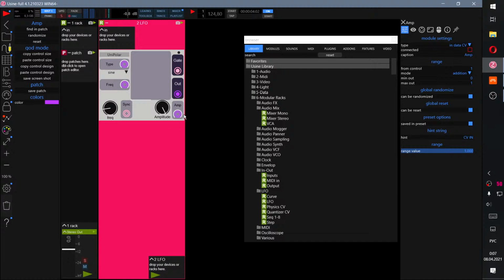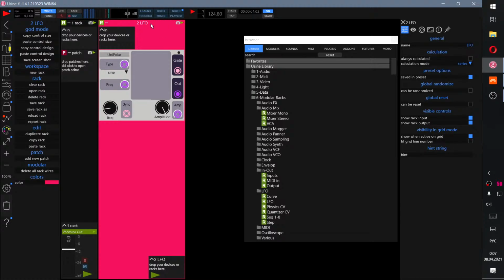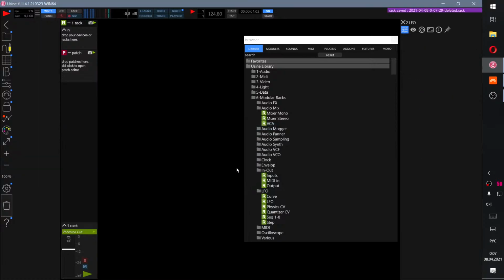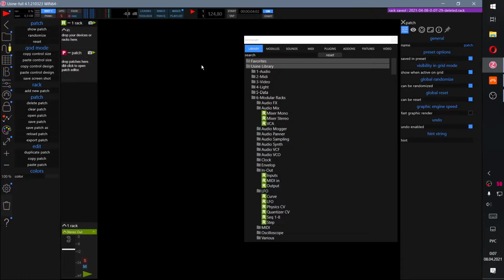But I'm getting a bit ahead of myself. Probably should explain a bit more how stuff works in Usine from more basic steps. So how do you sequence stuff usually in Usine? Of course, you can